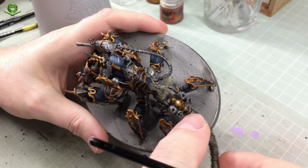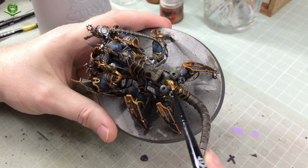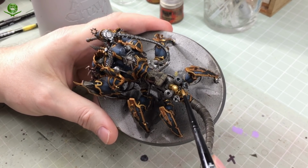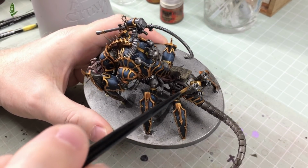Now, if you remember when we painted this in the last episode, this gold part here, these two bits on the brain butt there, I didn't shade those with Reikland Flesh Shade when I did the rest of the trim. It's because I want these to share the same shade, share the